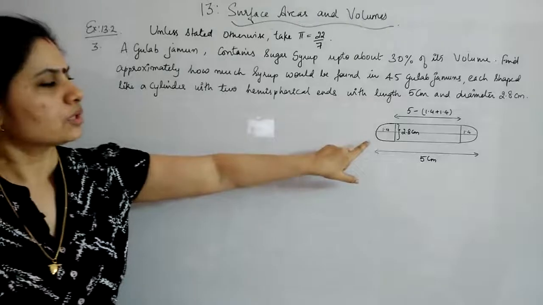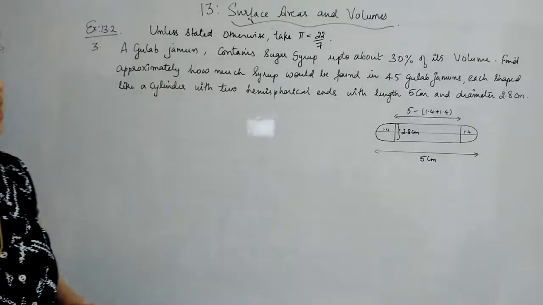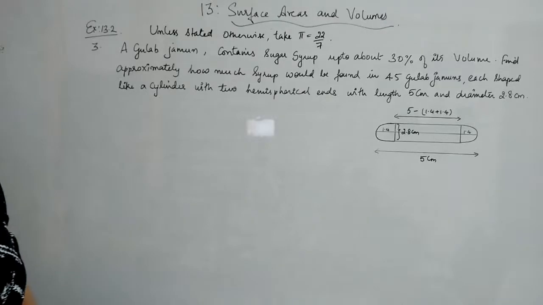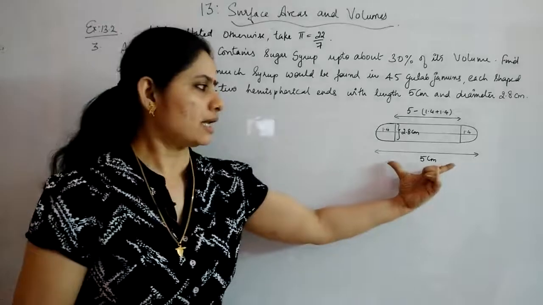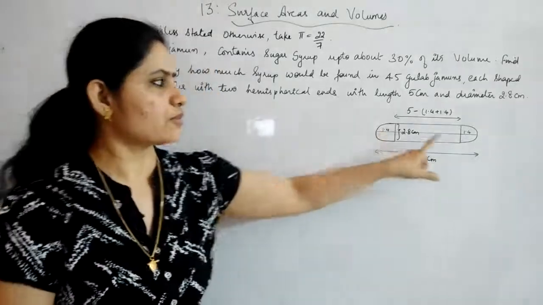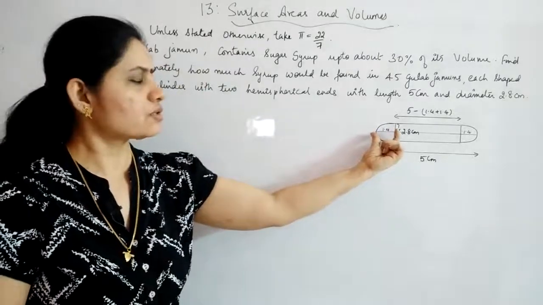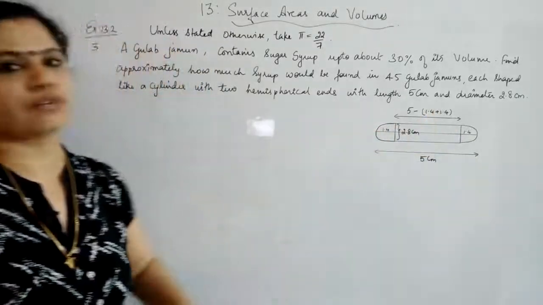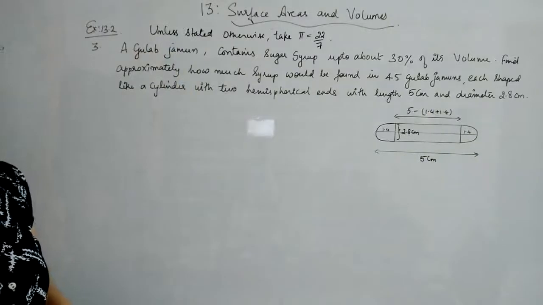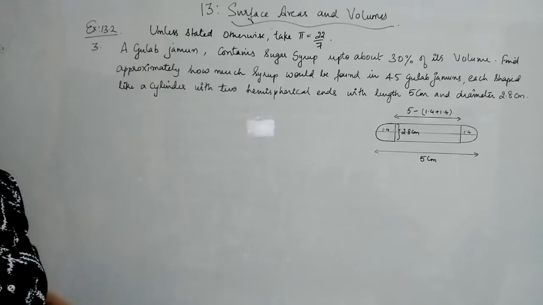Now the diameter of the hemisphere as well as the cylindrical part is given to be how much? It is 2.8, so that you can get the radius of both the things, and the length of the cylinder will be the total length of the gulab jamun minus this much part. Since the diameter is 2.8, its half will be the radius. So here also the radius value will come 1.4, there also 1.4. So the sum of these two should be deducted from 5, which will give you 5 minus 2.8, which is 2.2. So that will be acting as the height or length of the cylinder.